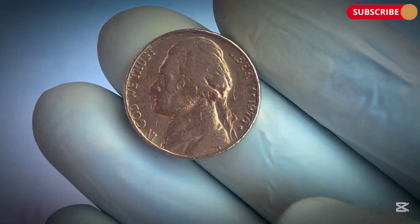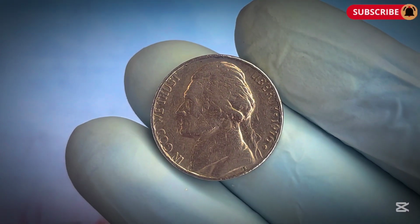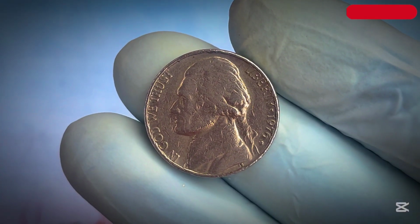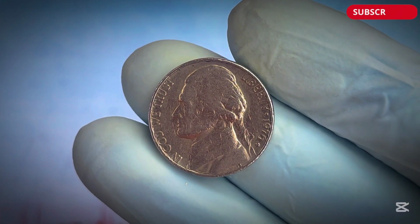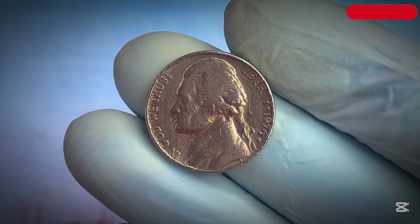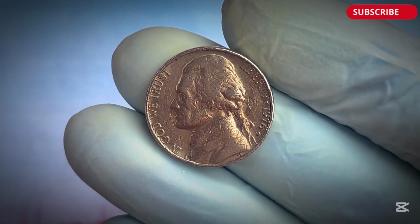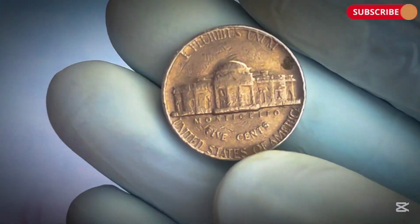During America's bicentennial celebrations in 1976, the Mint was busy producing special commemorative quarters, half dollars, and dollar coins with dual dates of 1776 to 1976. The Jefferson nickel wasn't part of this commemorative program, it was supposed to be business as usual for the humble 5-cent piece. However, in the hustle of producing millions of coins and special designs, something extraordinary happened at the Philadelphia